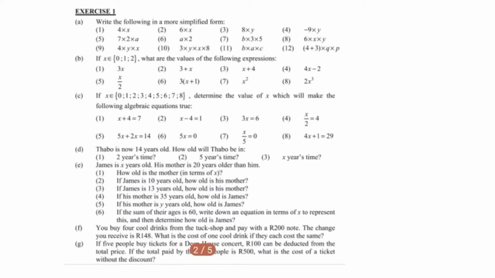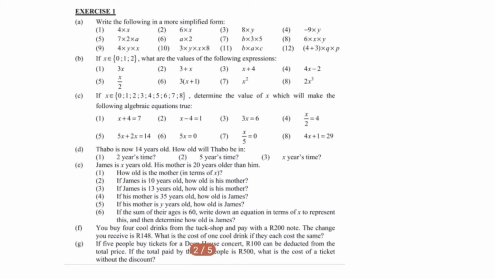Question B, they say if x is an element of, so this little sign, if it looks like this, it means element of, it means it's in this set. So in this notation, look at the 3 numbers there, we call this a set. So it means x can take on any value in that set. So x can either be 0 or 1 or 2. So in this case, they say if x is an element of 0, 1 and 2,